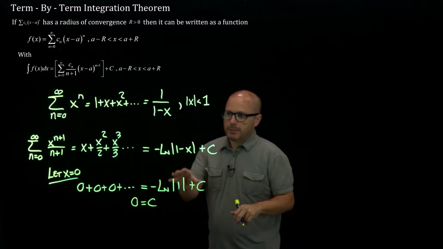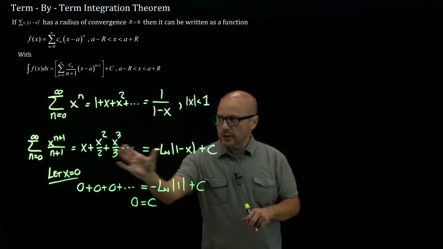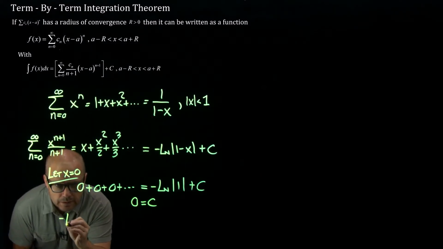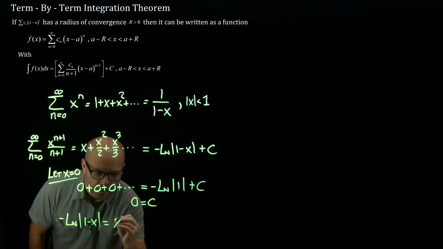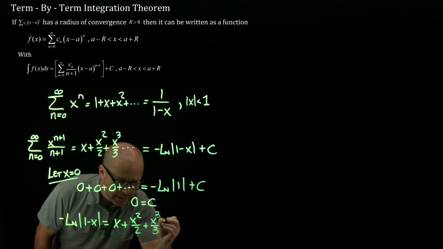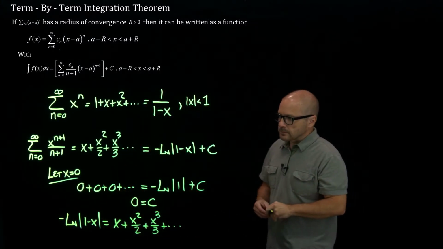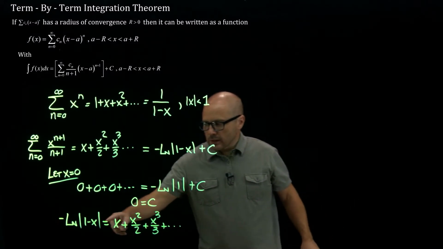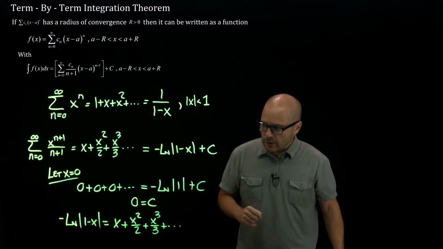So what we have now, and I'm going to write this the other way around with the function on the left. So now we know that's 0. So this function equals that series. So negative natural log absolute value 1 minus x is equal to that, x plus x squared over 2 plus x cubed over 3, and so on. So, what could we do with this? Well, we could calculate values of natural log by plugging in values on this side instead. The only problem is